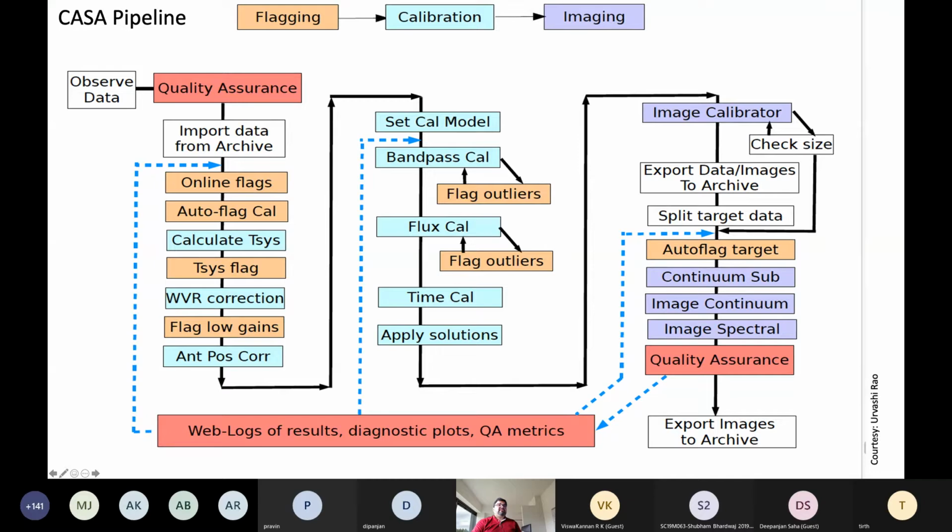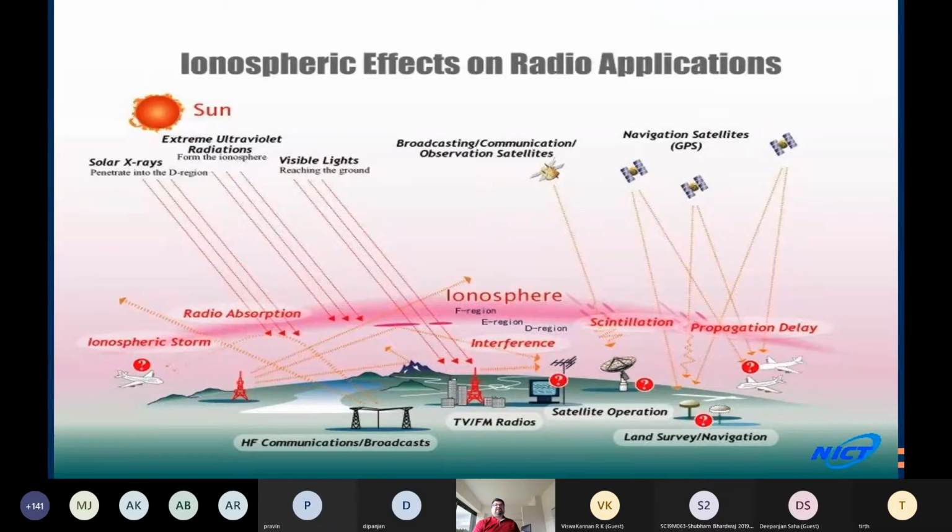So we have observed data, then you have sub-steps to assure the data quality is actually good. So you remove the bad quality data from the rest, and then you only deal with data which passes through this quality check, and then do what we call initial rounds of calibration, transfer the flux and the phase, and then finally start doing what we call imaging, and then a couple of rounds of self-calibration to finally come to the images.